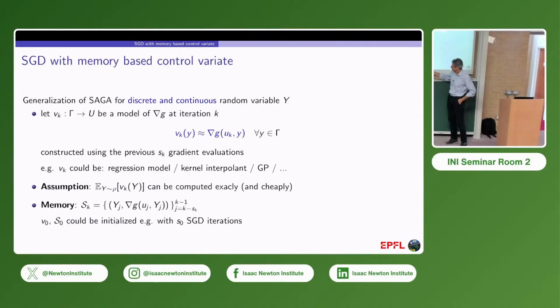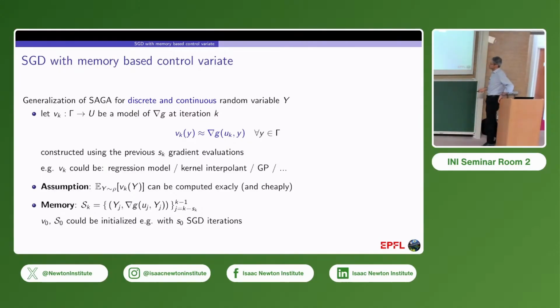I will focus on regression models, but one could think of using also other models like a kernel interpolant, maybe a GP. So you try to fit a GP over the history and then use this as a control variate. The assumption is that the expected value of this model should be easy and cheap to compute. So again, if you do regression, your dictionary should be simple and you should be able to compute the expected